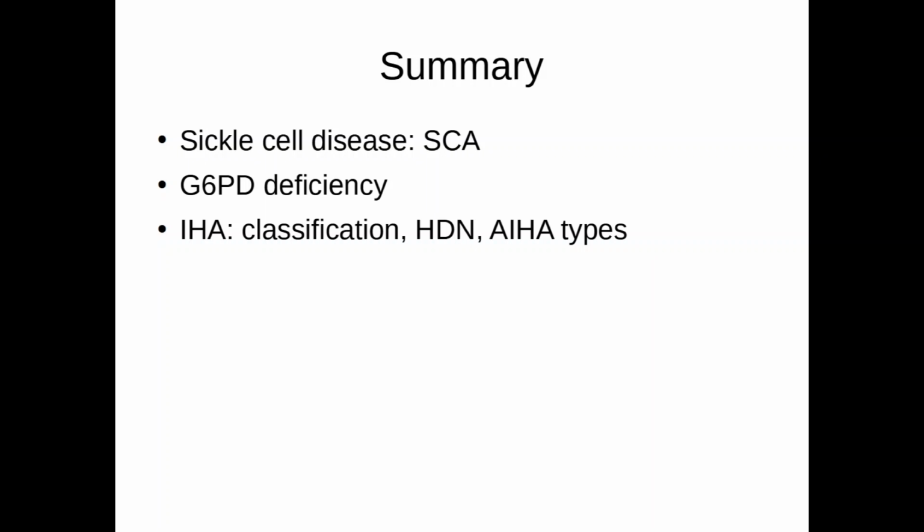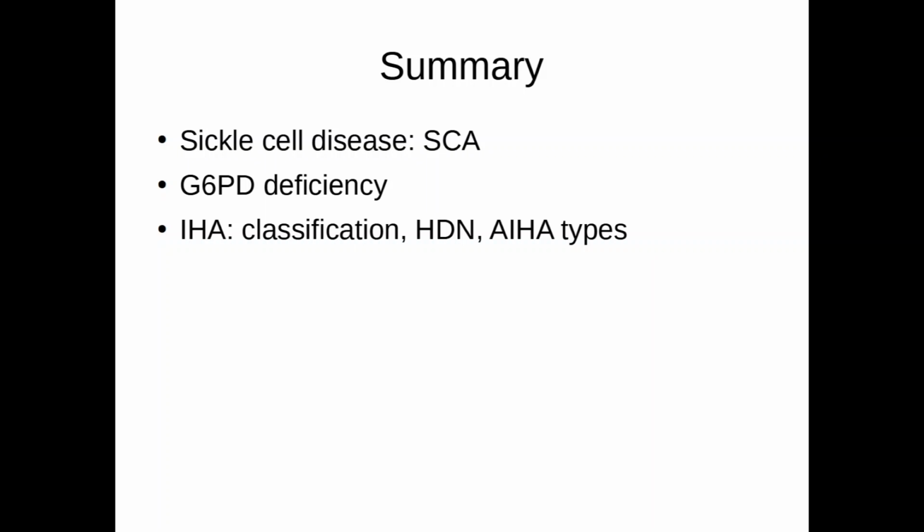Sickle cell anemia, we started with the molecular defect and we saw which amino acid replaced which other amino acid. Then we discussed why the sickling happens and eventually we went on to see why sickling is dangerous. Then we discussed clinical features, at what age it presents and what are the various crises that can be seen due to what mechanisms. Then we discussed the lab diagnosis, some special tests like solubility test, sickling test, hemoglobin electrophoresis, etc.